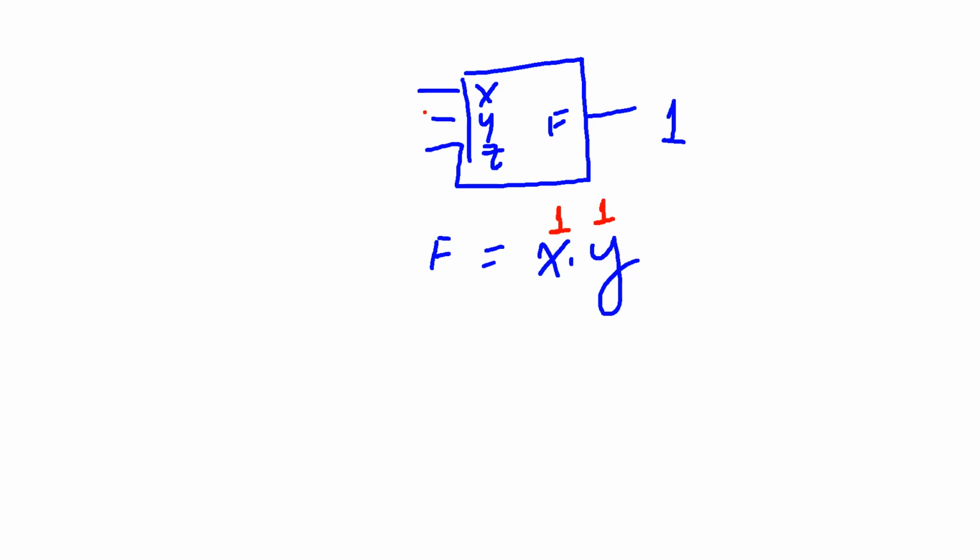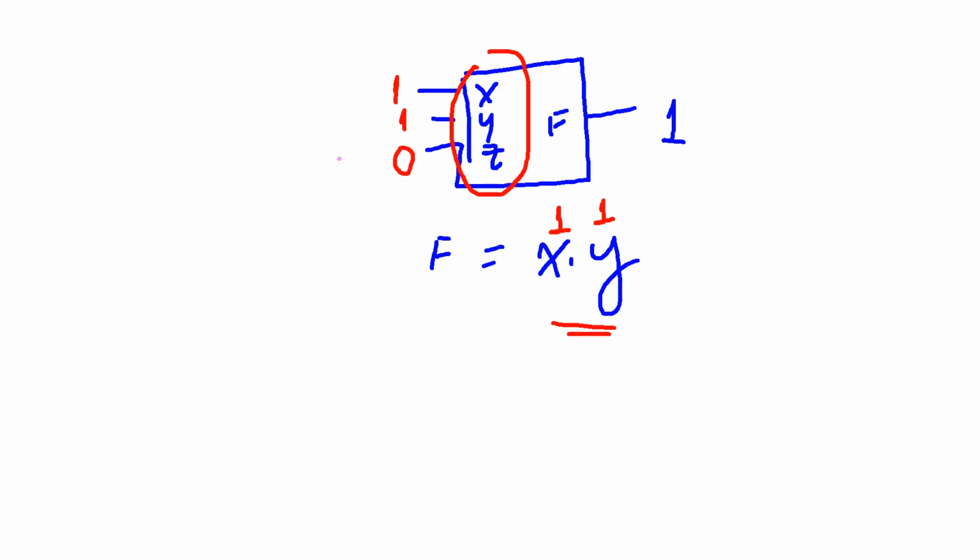So how many cases of the input X, Y, Z can make output to be 1? How many combinations? Not 1, right? Of course, this term will be 1 when X is 1 and Y is 1. But don't forget that Z must have a value, right? Z can be 0,